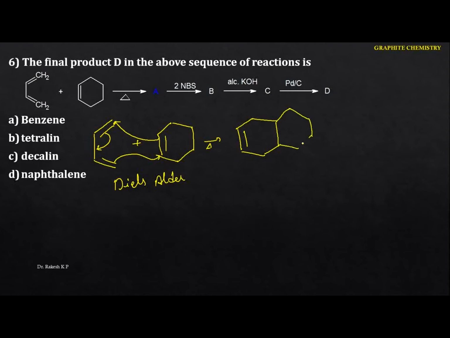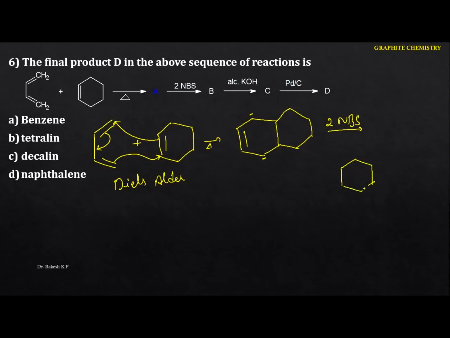And the next thing is, whenever it reacts with the 2, that is the NBS, which is nothing but N-bromosuccinimide. It reacts with the allylic, that means it undergoes substitution towards the allylic carbon. Here the allylic carbon is this one. Here also the allylic carbon is this one. That means here they indicate the 2 moles. Hence the product you are going to get is the allylic product.